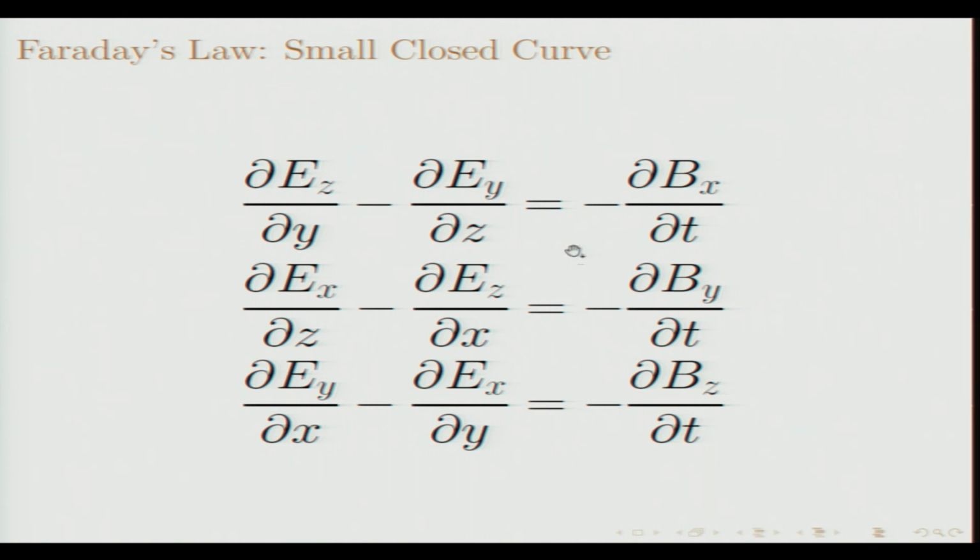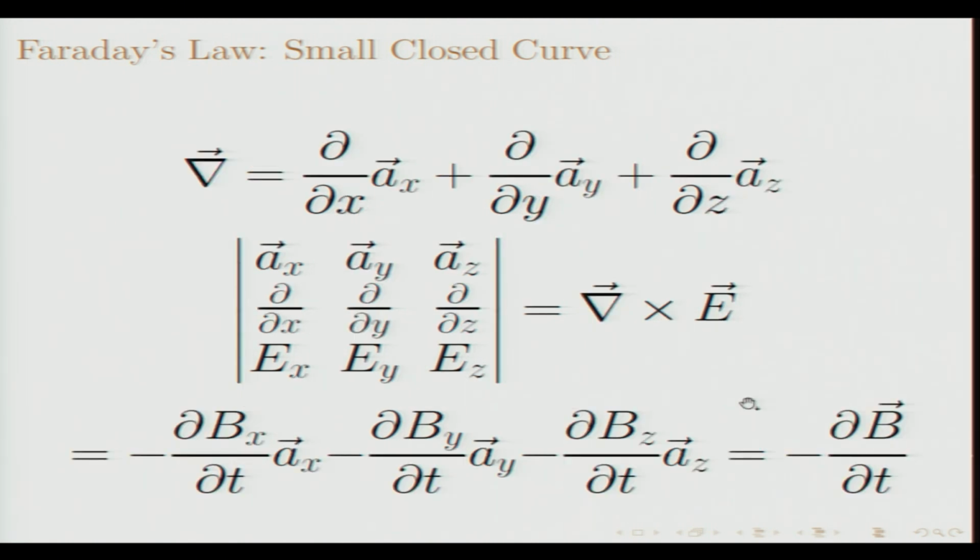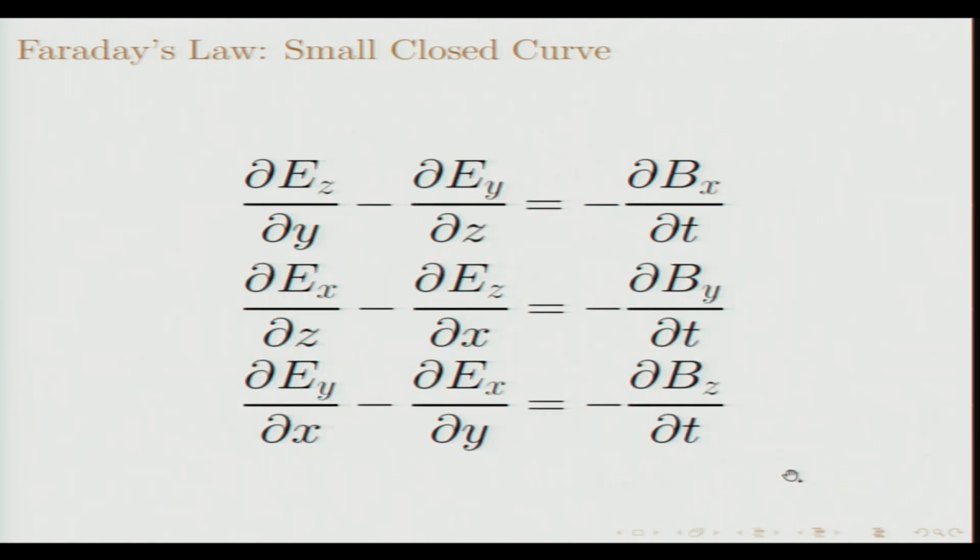The first expression you multiply by the unit vector Ax, the second expression on both sides multiply by Ay, and the third expression by Az, and you will find in fact that this curl operation or the cross product operation between del and E, where del is a kind of an operator which is defined in this fashion, it is a vector operator, and if you in fact compute the cross product of this operator with E, you will get exactly the equations which we have got in the previous slide. And in compact notation,